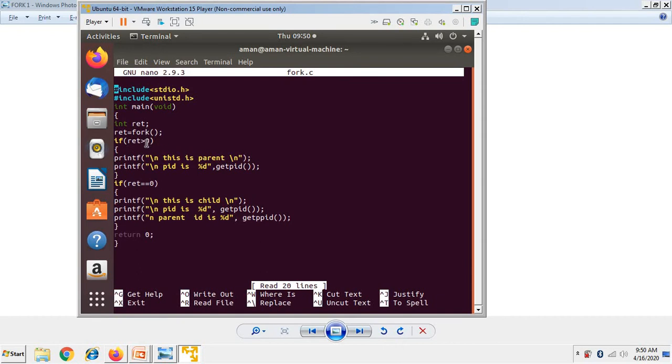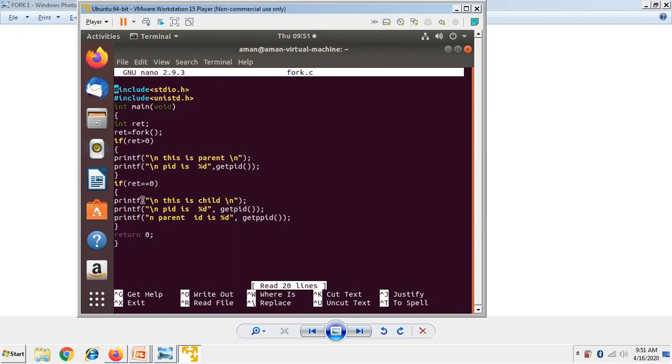Now fork can return a value greater than 0. If the value is greater than 0, then we are working in the parent process. If the value returned is equal to 0, then we are working in the child process. And if the value returned is -1, then it implies that it is unable to create the new process. Here we are taking the case of return greater than 0, that is, firstly we want to work in the parent process.